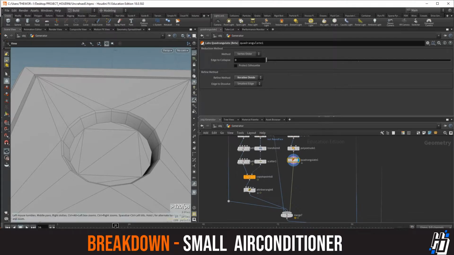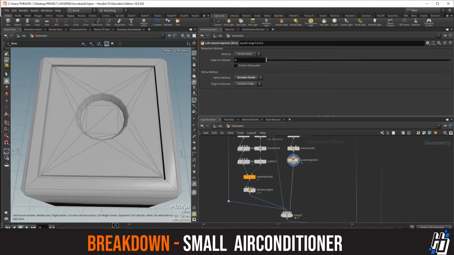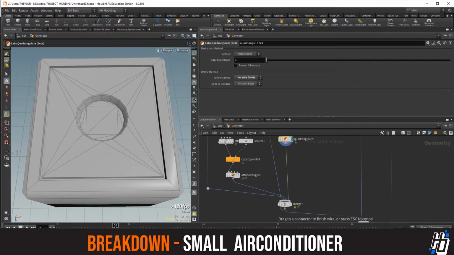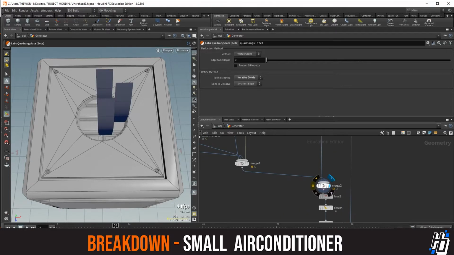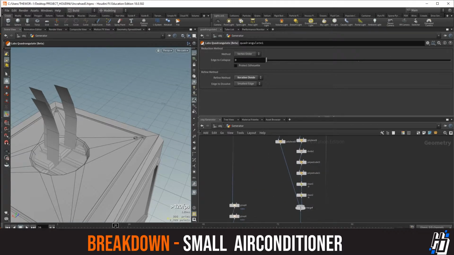to remain, to have no n-gons. You can also divide, that's also an option. With quadrangulate you need to fuse it later on, otherwise you're gonna have loose points. Then I merge the other object with it, and now for